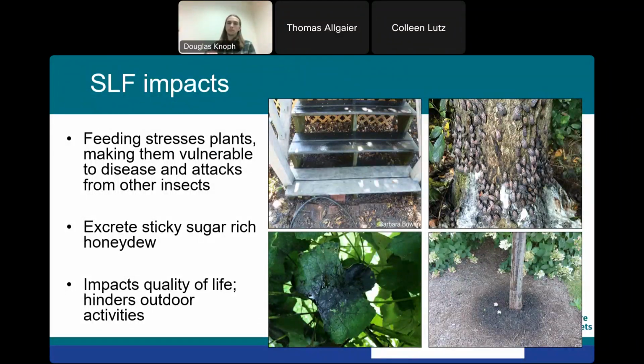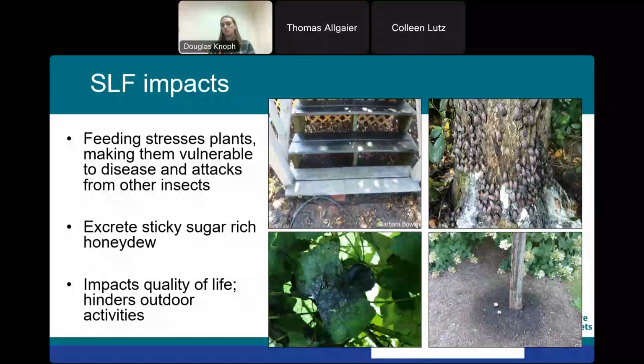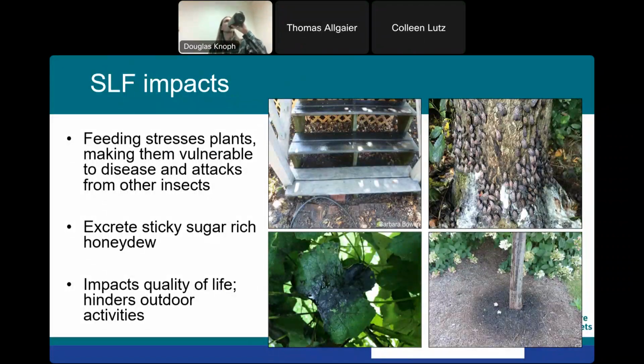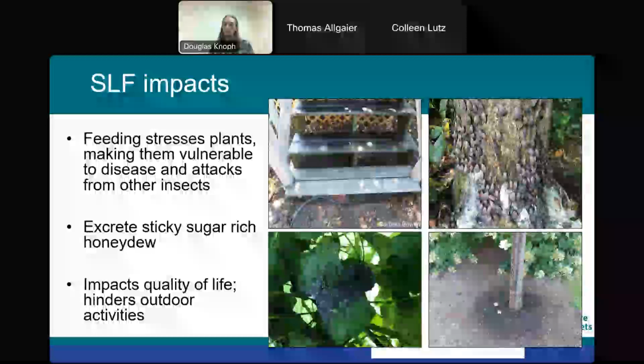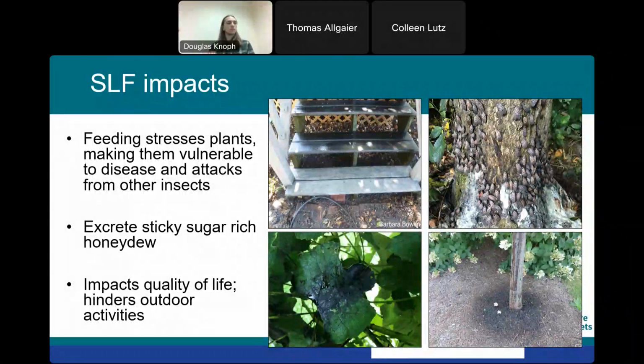The feeding stresses the plants, making them vulnerable to other diseases and other insects. But they also produce this sticky, sugar-rich substance called honeydew. It's their excrement, but it's also mixed with plant sap. It's very sweet, very similar to what you would have with an aphid infestation. However, that honeydew rains down and covers everything underneath it.